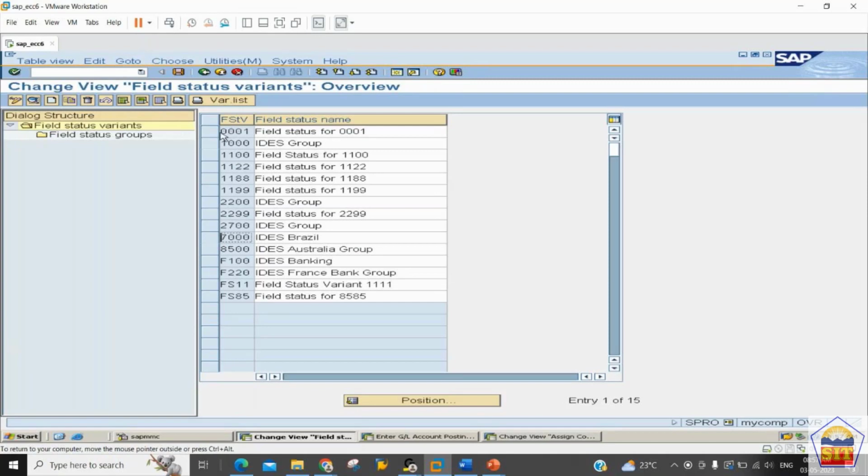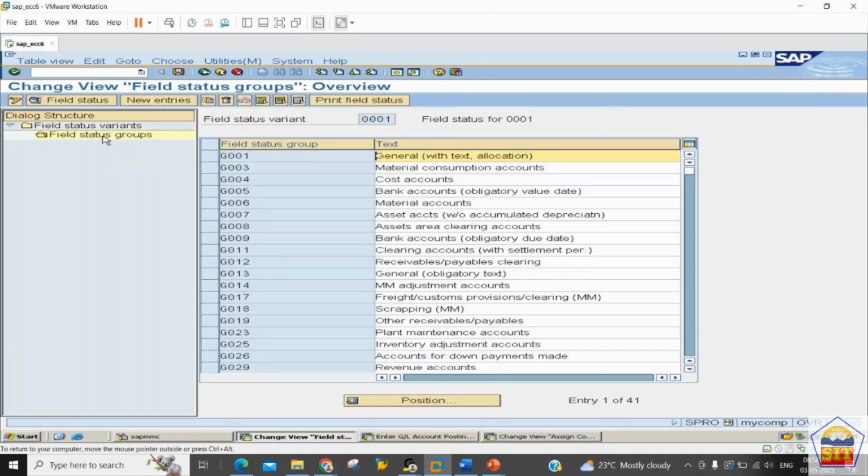You can go to the field status variant ID. It is 0001, and then you can see on the left side you have the groups. So go to the field status group, because those fields, which we have 70 fields, SAP has managed under the field status group. You can double click on this. Now which group you want to assign to your GL, you can decide